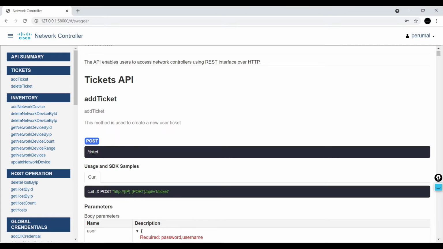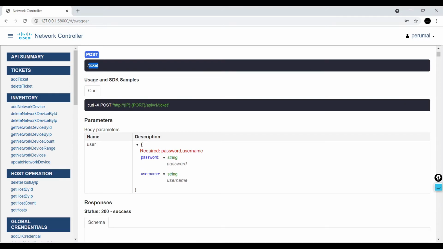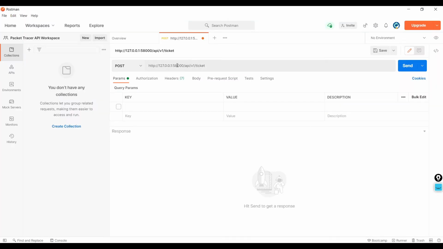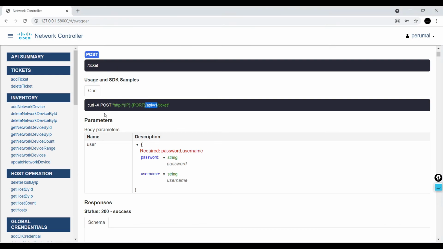Yes, I need to send a query to the ticket resource, and it is the HTTP protocol. I am using the local IP 127.0.0.1 and the local port 58000, and the resource path is api/v1. Here you can see I need to send a POST request.